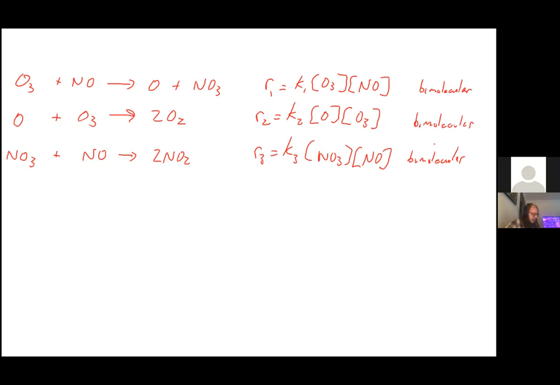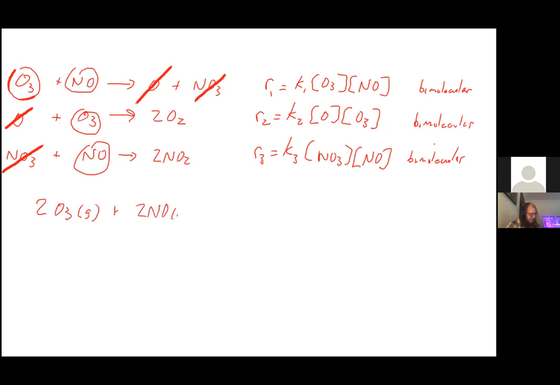I'm going to do this already. We do this in Chem 11. Anything that's the same on both sides, you can cancel. Okay. So NO3 is going to cancel. I'm going to cancel them first. That just saves some space and time. And then I'm going to note that there's 2 of these, and there's 2 of those. So I can just go straight to 2O3 gas plus 2NO gas is going to give me 2O2 gas and